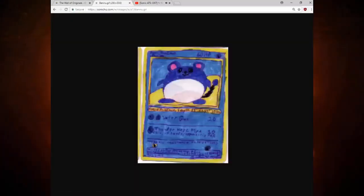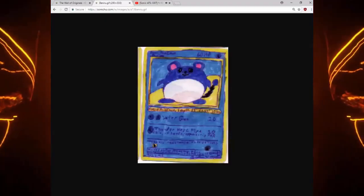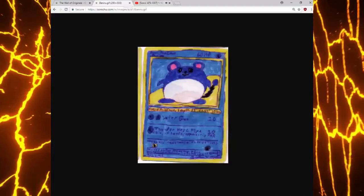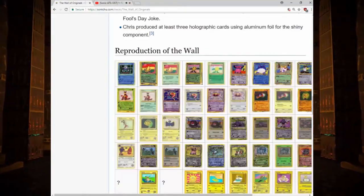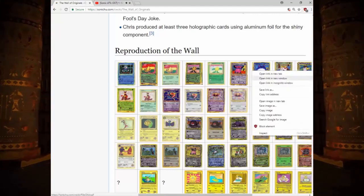But its design, how Chris drew it, is terrible. It looks like a terribly deformed blue Pikachu. It doesn't even look like a Marill. We got a Togepi, but that's not really important. There's nothing special about this Togepi, so...